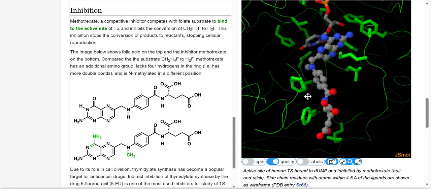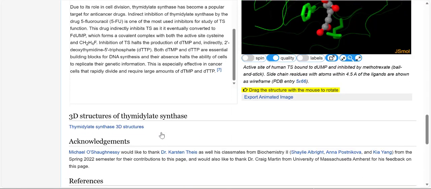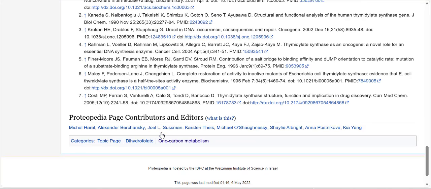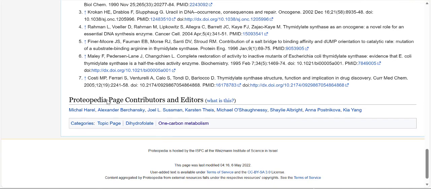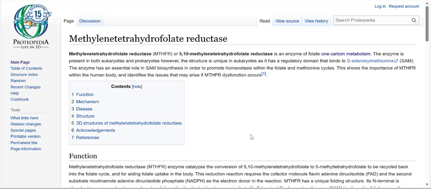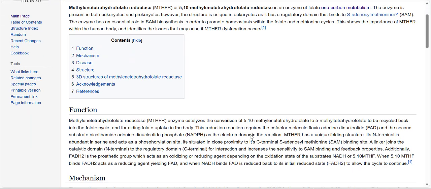So this shows the environment of the inhibitor. The articles have references, and it says who are the contributors and editors. So back to our overview, and now we're looking at a different pathway where we're actually putting a methyl on methionine. So first,